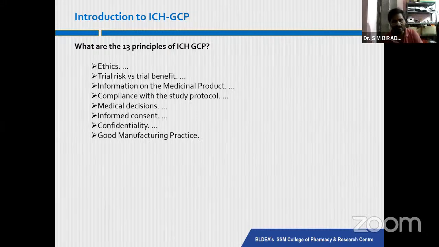That means they should stick to what the GCP guidelines or the protocol say, and all the medical decisions should be followed. What they have framed under the GCP guidelines should be followed, and informed consent should be taken from the participants. It is understood that once informed consent is taken, all the risks and benefits involved in the trial during the study period have been explained to them.